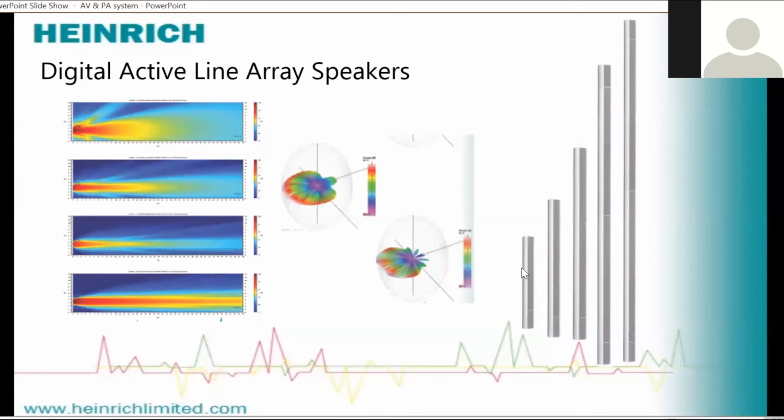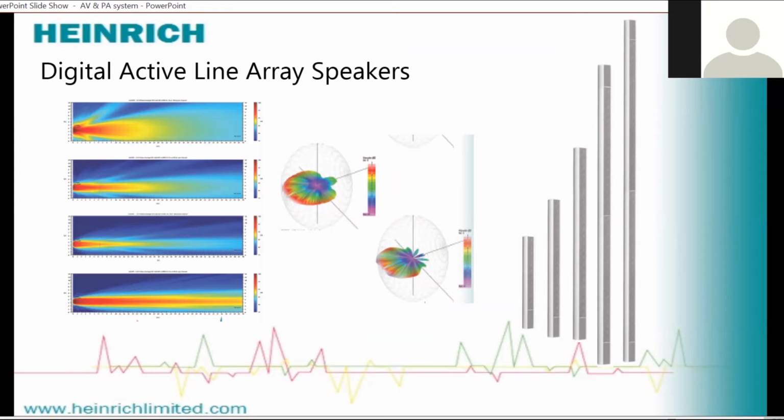These active speakers come with multiple drivers: 8 drivers, 16 drivers, 24 drivers, 32 drivers. These speakers are basically used where our ceiling heights are normally more than 3 to 4 meters, so ceiling speakers can't be effective there. The length is quite long, so instead of using multiple passive speakers, you can consider only one or two digital line array speakers for your conference room. One or two line arrays will be enough to cover all your conference or board room.